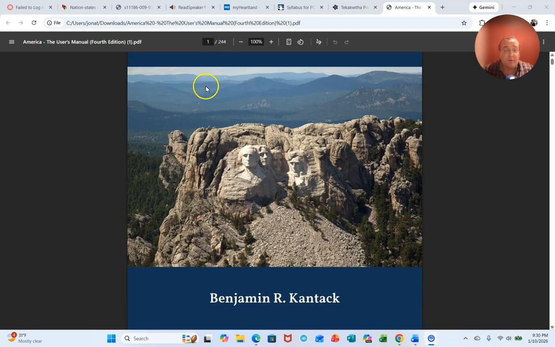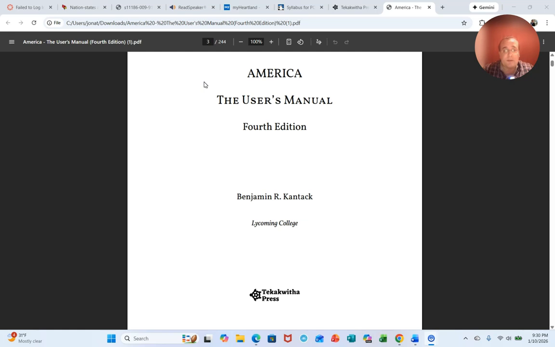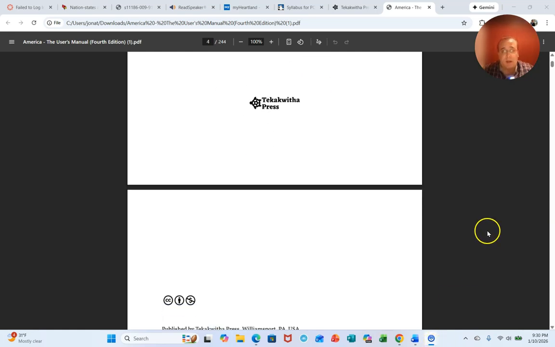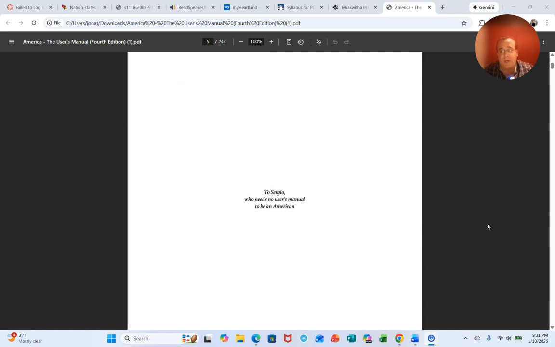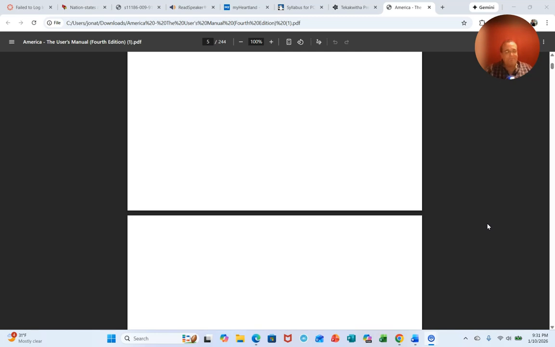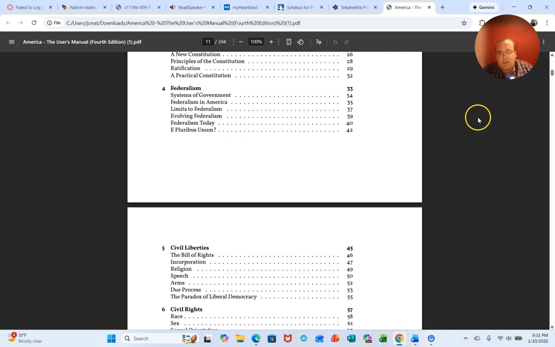I know 244 pages seems intimidating, but I promise you I've printed this out, and there's no chapter that's more than 13 or 14 pages, and that's including keywords, main ideas, things you typically see at the end of chapters.